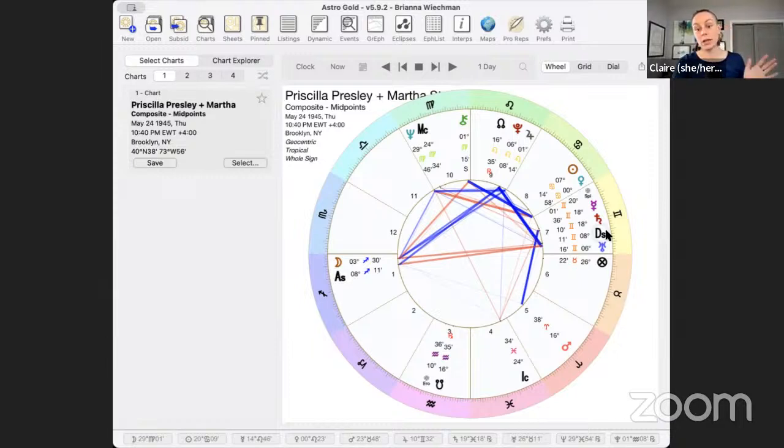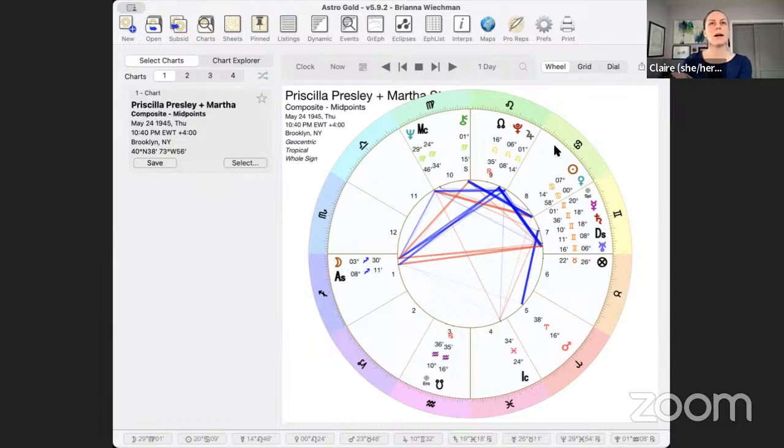Now, one consequence of this chart is that because it's just calculated based on midpoints between planets and ascendants and things, it doesn't always reflect a real sky at any given moment. So the composite chart doesn't necessarily reflect a real actual sky that happened, versus the Davison chart, which we will get to, which is named after a dude, I think. I'm assuming their last name was Davison. That is based on a calculation that ends up being actually a sky at a moment.